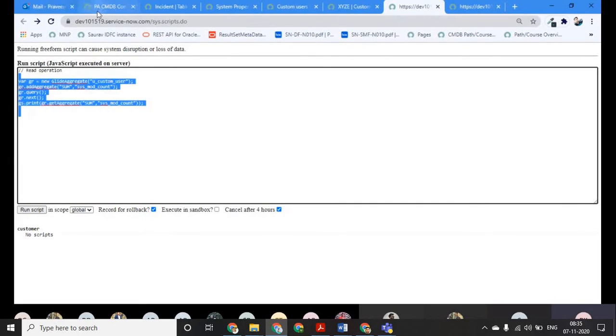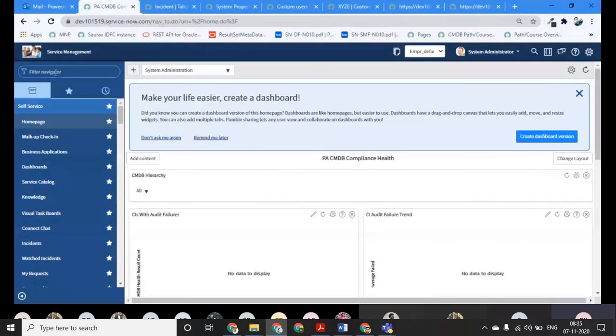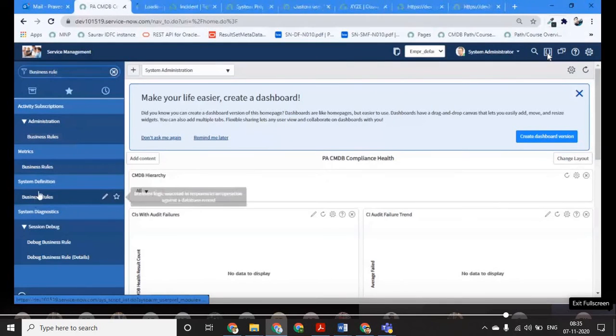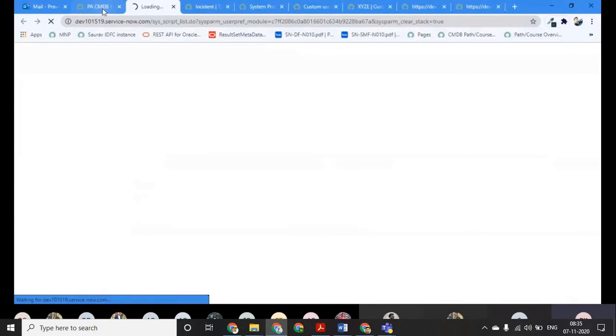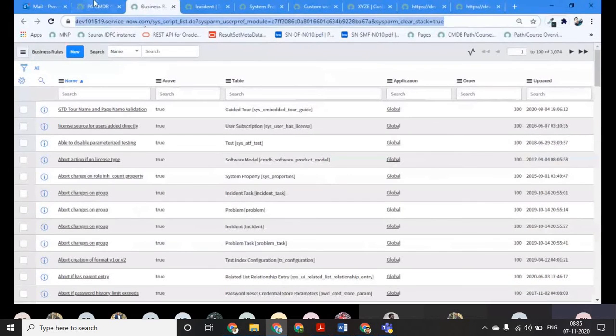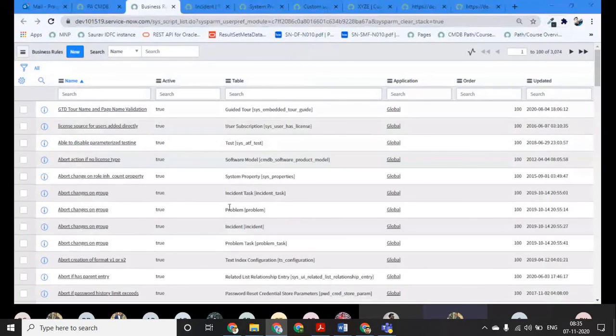Now I am moving towards the business rule, our last topic for today, right? So what is a business rule? Vishal, I think you have some idea about the business rule. Can you explain why we use business rules and what their purpose is? Yes. Basically, the functions you have told, like creating, updating, inserting, deleting, are part of business rules. Means by writing scripts in business rules, we can create these functions.